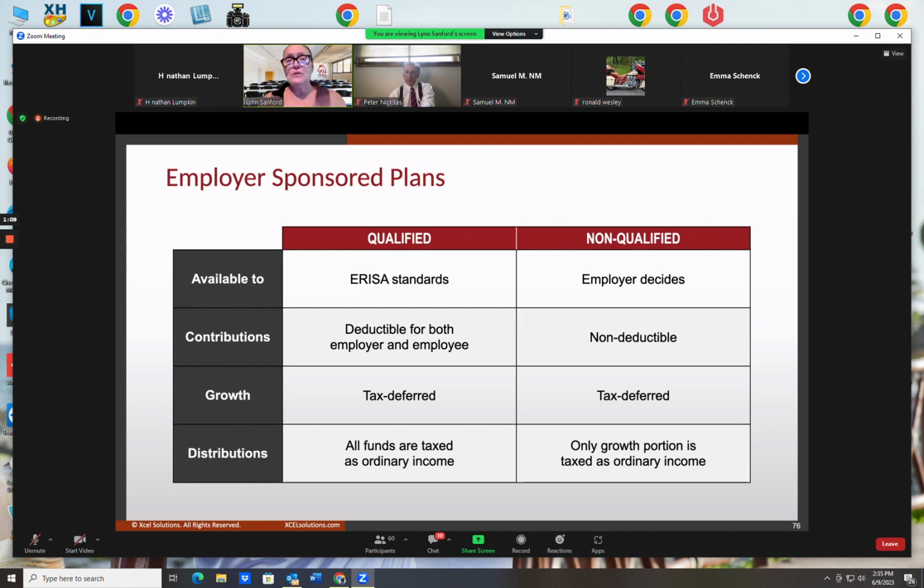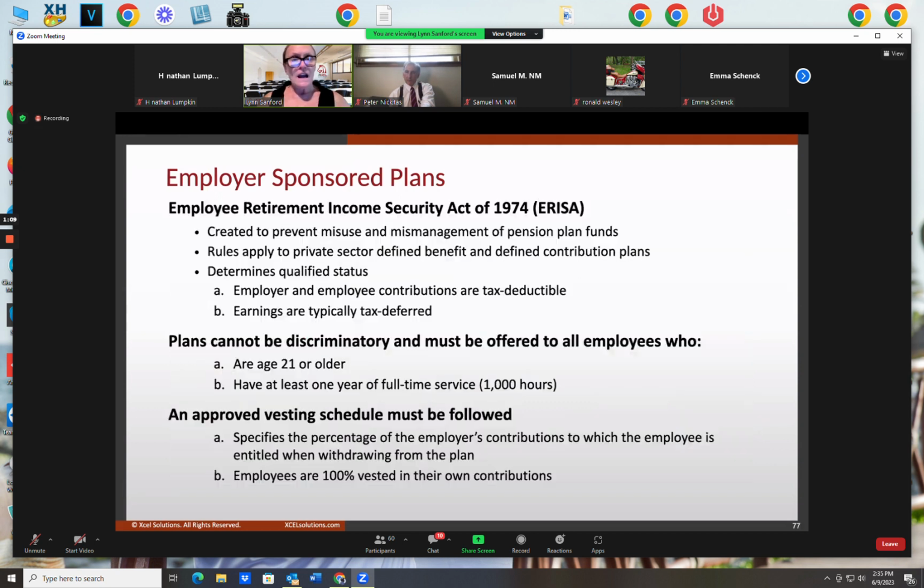Non-qualified plan, you put after-tax dollars in. While it's in there, it grows tax deferred. At retirement, you start to take the money out and pay tax only on growth. Because you're already paying tax on the principal dollars you paid in, because you wrote a check, and those monies came out of your checkbook. So only the growth portion is taxed as ordinary income on a non-qualified plan.